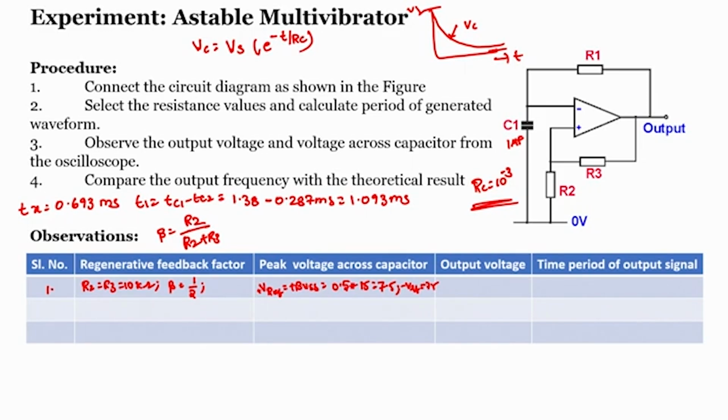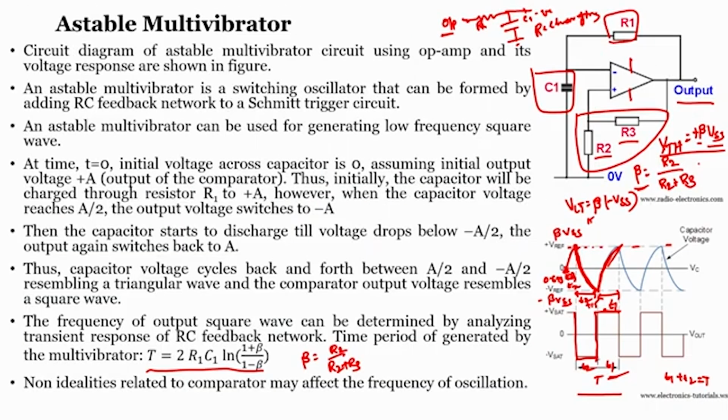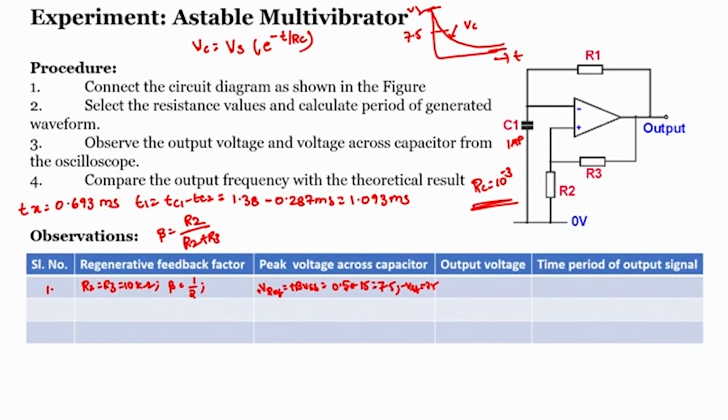Now I can directly implement this, because this is from the full 15 volts to 0 volts, but in our case our capacitor is not fully charged to 15 volts. Our capacitor is somewhere around 7.5 volts when I compare with the previous cycle, right. The capacitor is discharging from plus V reference, which in this case is 7.5 volts, and